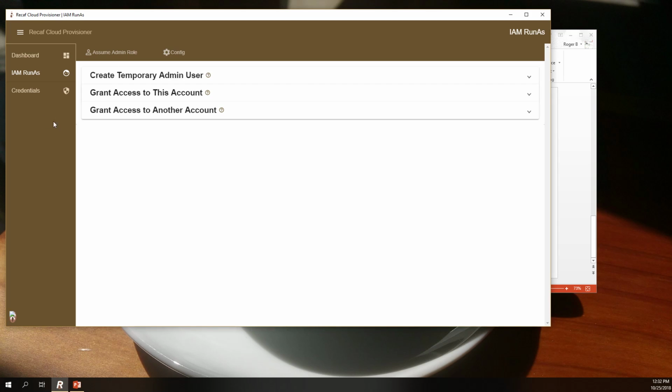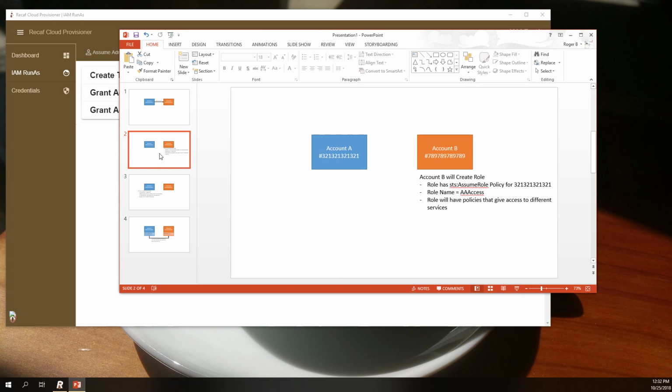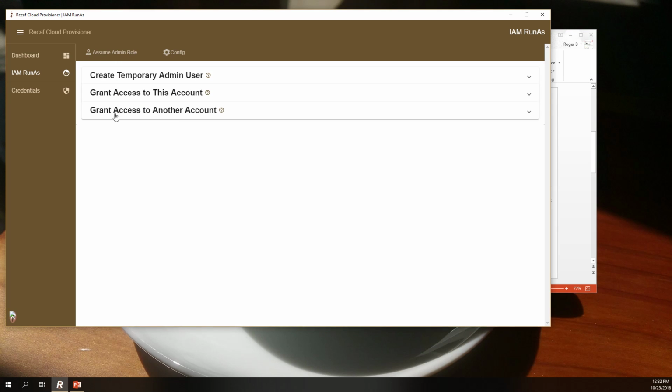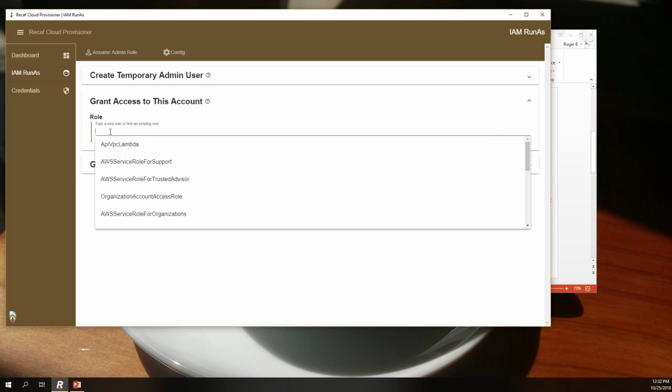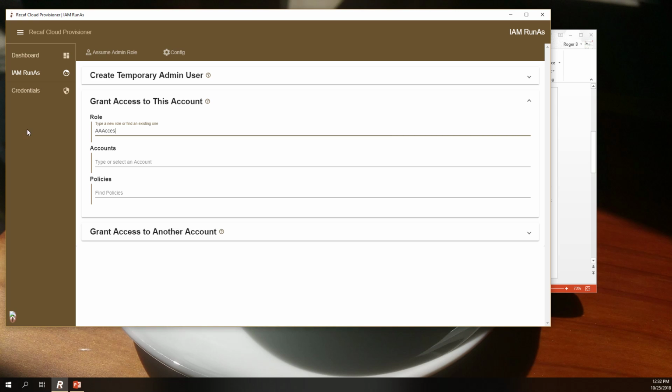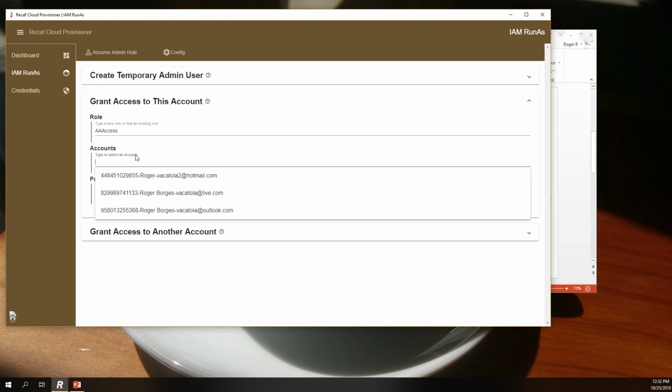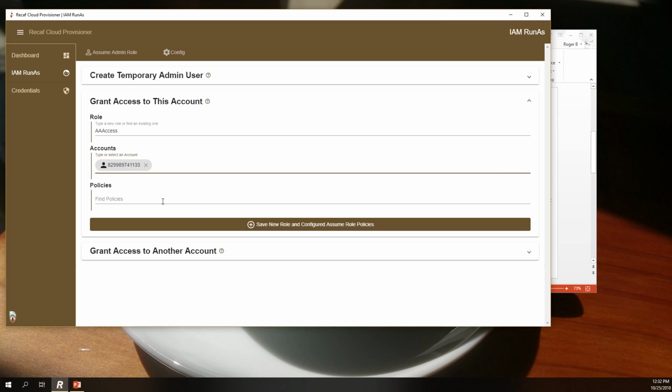So how that feature works here is we have these two tabs. The first one focuses on this setup here. Account B is going to set up a role where account A can access account B. If I expand this, I have a bunch of roles here, but I'll create a new role. I'll call it AA access, and the account, I'll just use one of my fake accounts here. So I select the account, and then